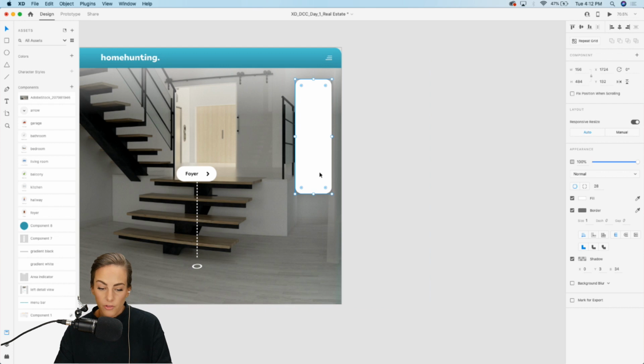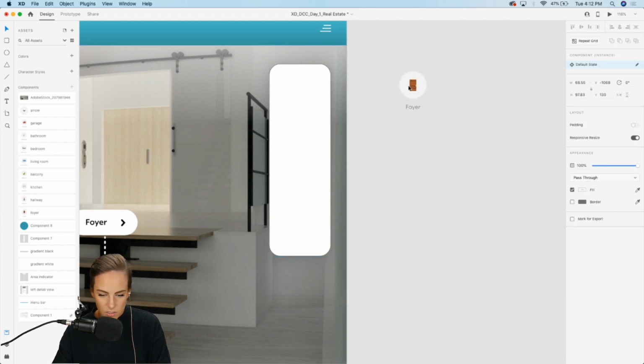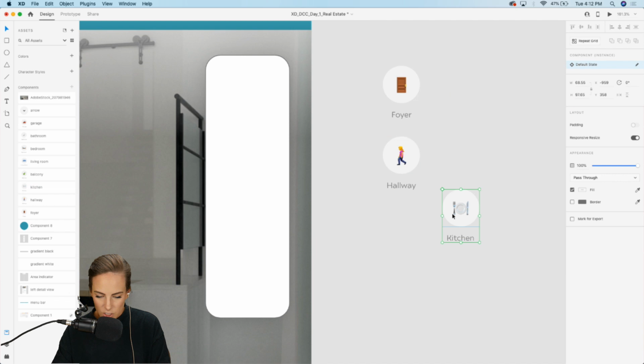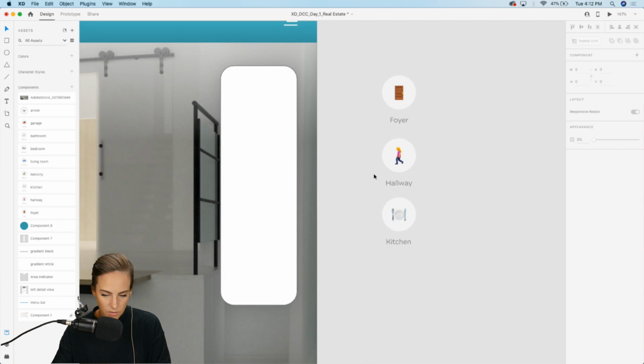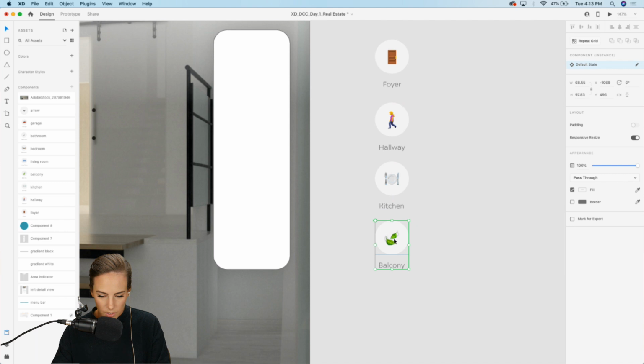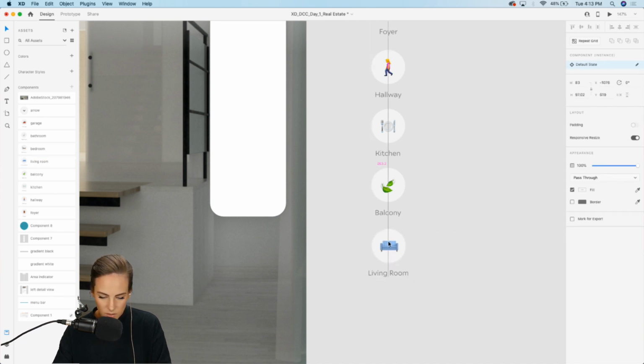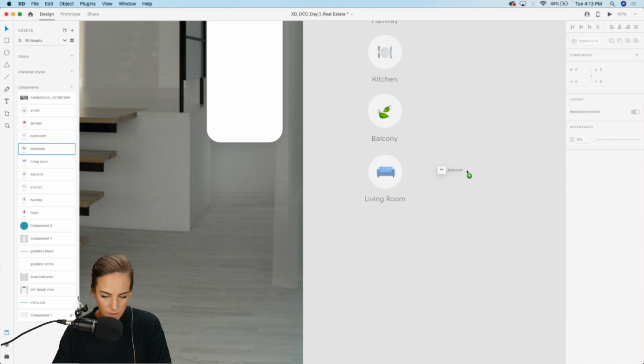Okay, so on this location indicator, let's add icons for the different rooms so we can click through. I've already added all of these, so let's bring them out and put them in a row. So we've got foyer, hallway, kitchen. Just line them up vertically, and then we will be able to click through them. Kitchen, balcony. You can do this without a repeat grid too. Be an easy way to do this. Living room, bedroom,